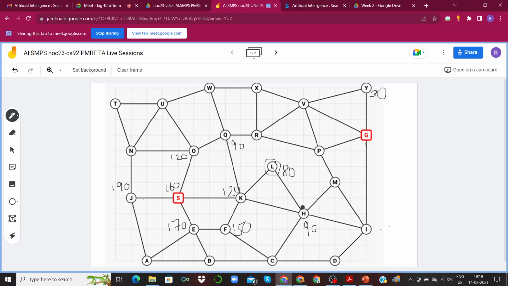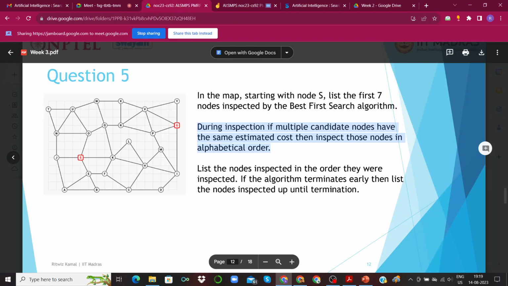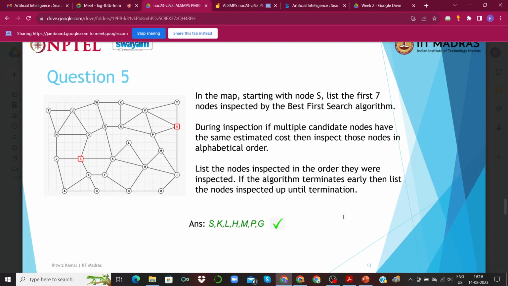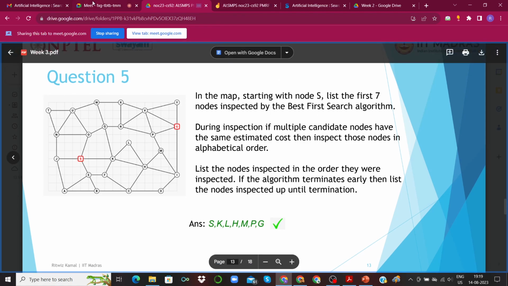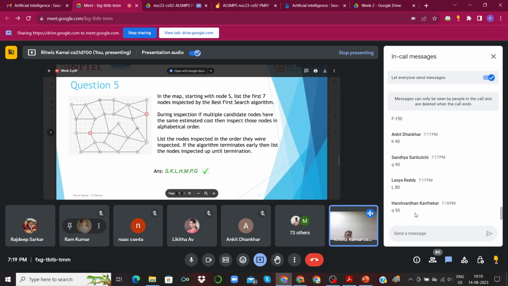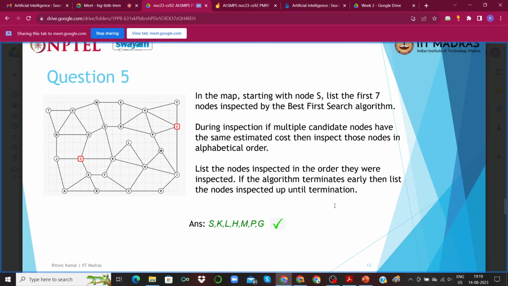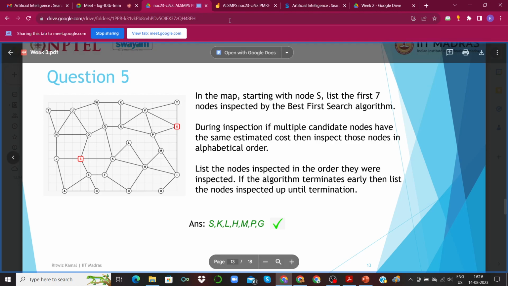L is connected to H, which has a higher heuristic value of 90. So it will get stuck over there. Uh, that is not the case. Again, I am wrong about it. Sorry about that. That is how the hill climbing algorithm works, not the best first search.